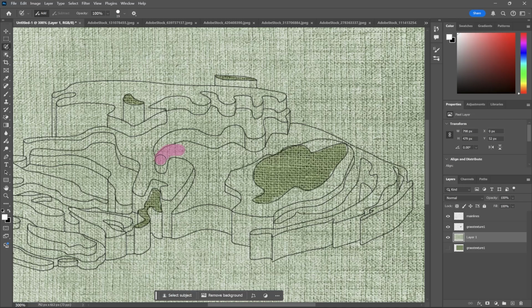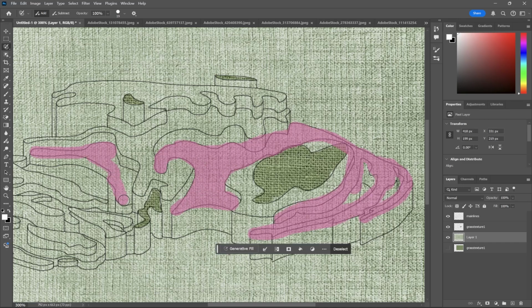Then I can use that to highlight what I want in my Photoshop drawing. And I can do more than one area at a time without having to hit the shift key. So now that I have what I want selected, I am going to cut these out a different way.